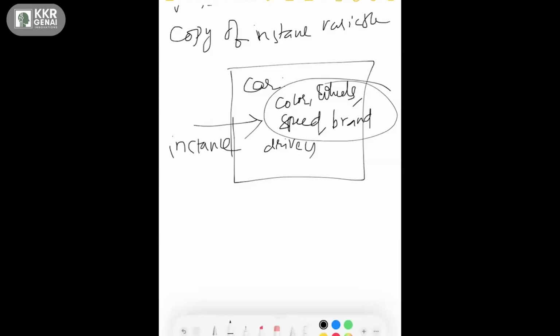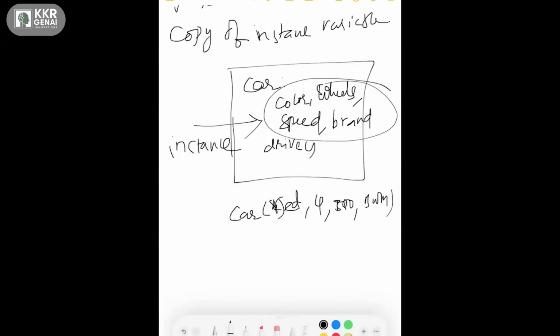So if they are instance variables, what happens if I create an object? Let's say I create an object for the class, saying my color is red, number of wheels is four, maximum speed is 300 miles per hour, and the brand would be, let's assume, BMW.